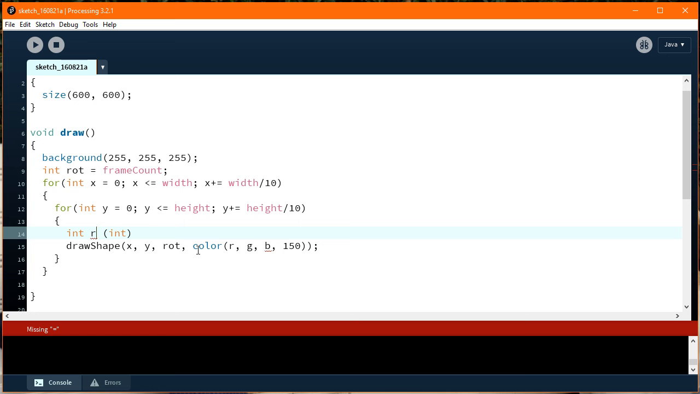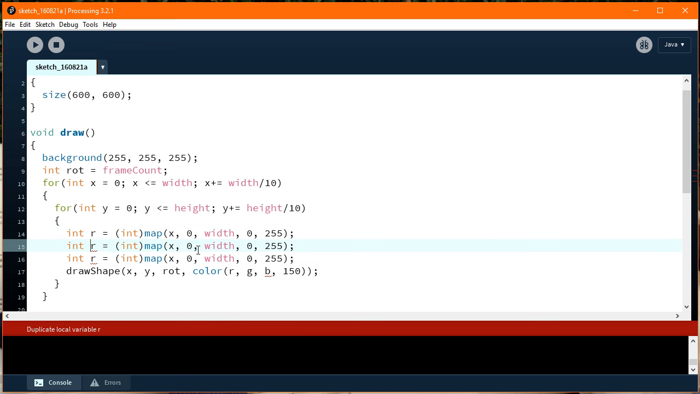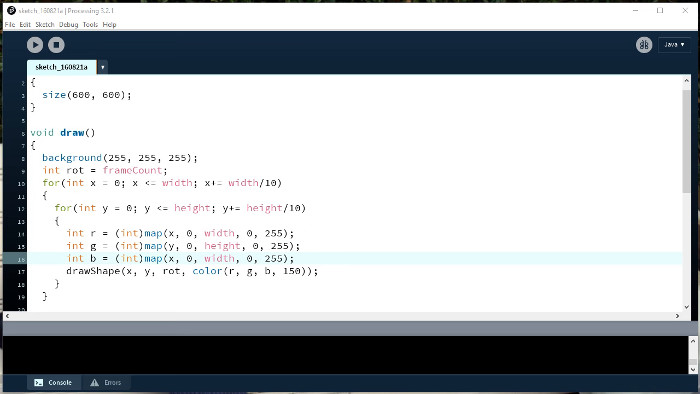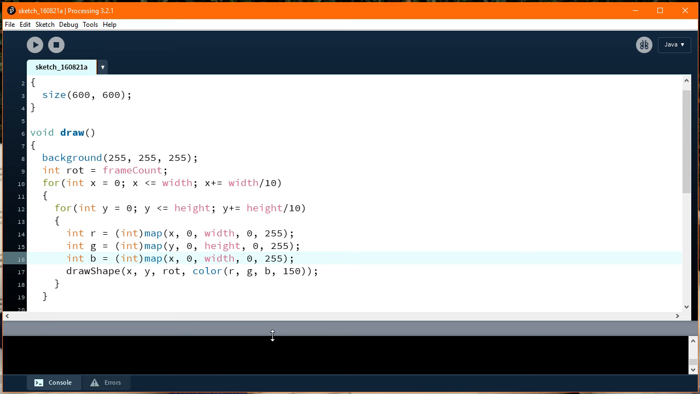by, we'll map it to something. So the map command is very useful. You can put in a value, for instance X, and specify its current range, which is 0 to width, and then specify the range you want to map it to, which is 0 to 255 in the case of RGB. And we can actually copy that and do it for G for green and B for blue, only we'll map the Y value here. And for B, which is the blue, we can set that as well. In this case, I'm going to set it to X plus Y, and